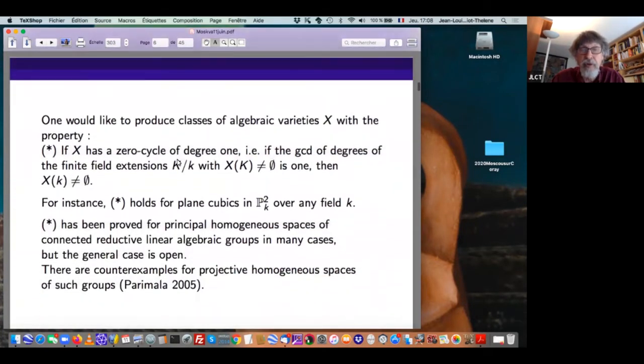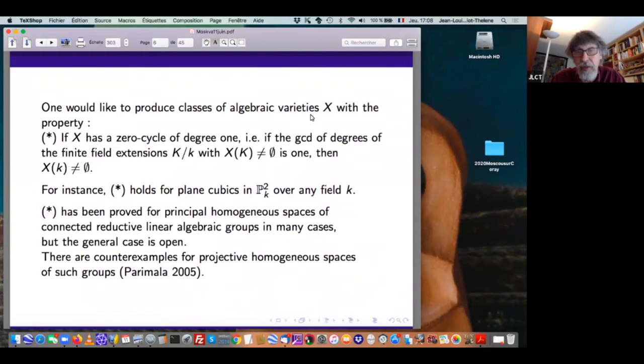So one would like to produce classes of algebraic varieties over a field k with the property that if X has a zero-cycle of degree 1, which in other words says that the GCD of the degrees of the finite field extensions for which the variety acquires a rational point is 1, so you look at the degrees of closed points and you compute the GCD, if it's 1, you would like actually a rational point to exist. So that property, which I call star, I promise there will be no further property star in this talk,